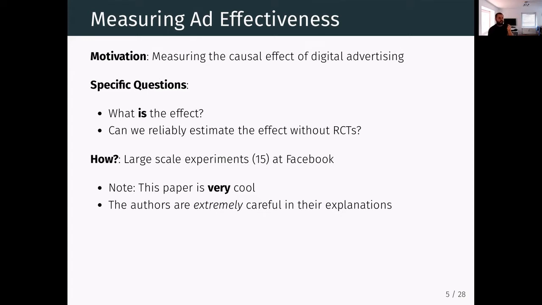The way they're going to do all of this is they have access to large scale experiments. I mean, 15 large experiments at Facebook. And this data is just super cool, right? If you read the paper, they disclose that obviously this data is not that easy to get. There are Facebook co-authors on the paper because they're using Facebook data. These guys had to be notionally employed at Facebook to be able to get access to it. So this is really cool data to work with, but it's generally not going to be accessible to someone like us as researchers or other people potentially trying to measure the effects of Facebook ads.